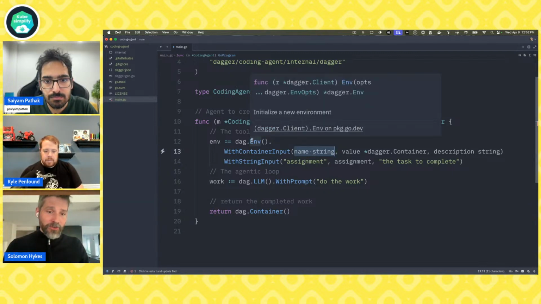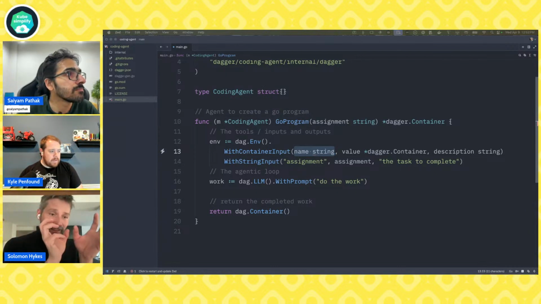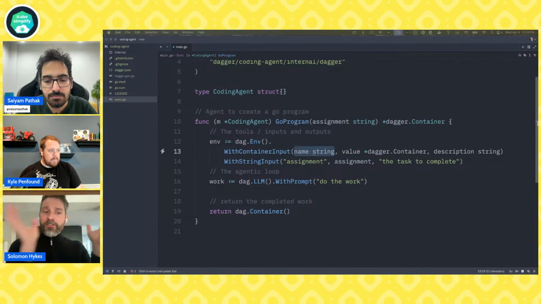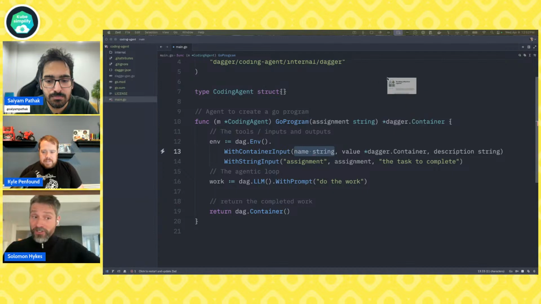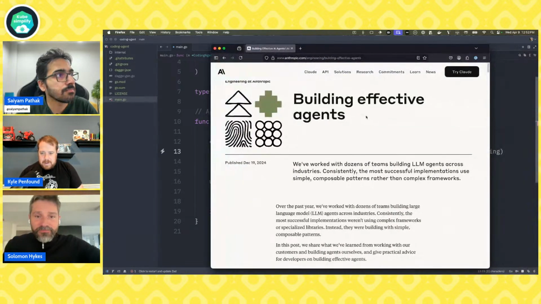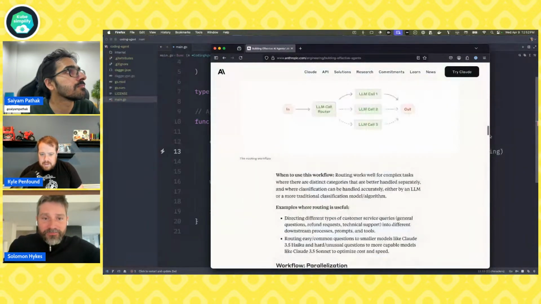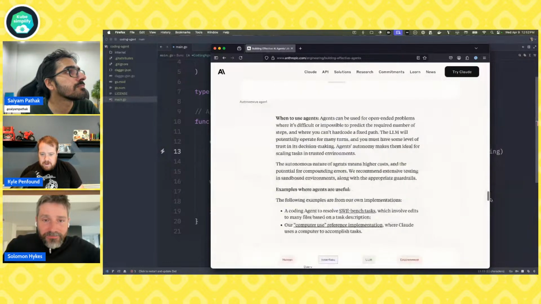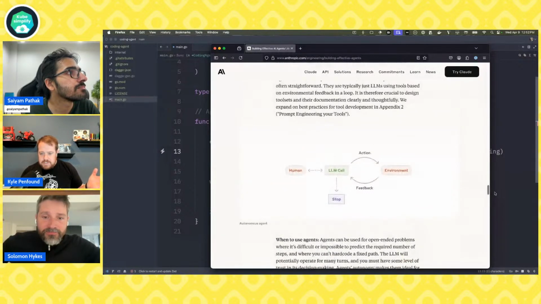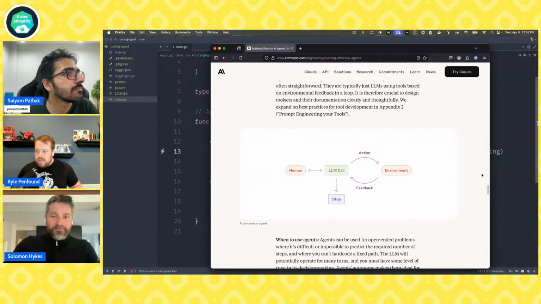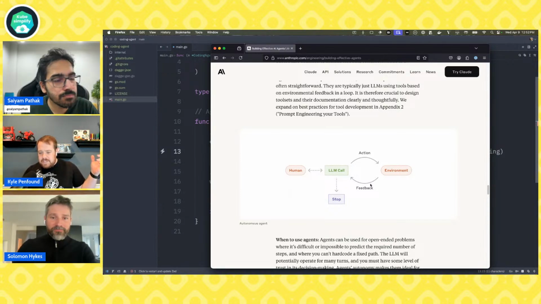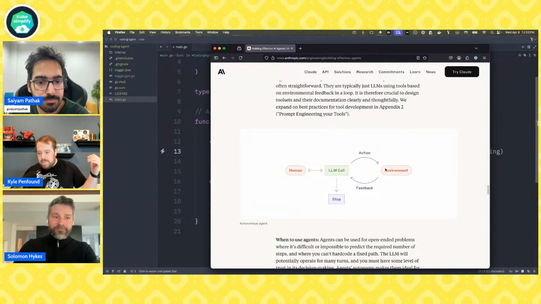And Kyle's going for an environment where we're going to give objects that do a few simple things and not too much, knowing that you can change it later. This concept comes from, oh, I lost my scroll. Okay. So in this Anthropic blog where they talk a lot about this agents versus workflows thing that I mentioned, is this really simplified diagram of an agent where you have a human with some LLM calls, and there's this loop happening here of action and feedback between an LLM and environment.